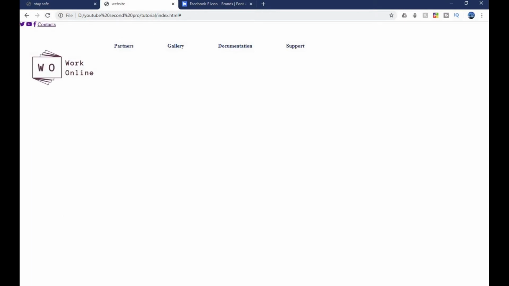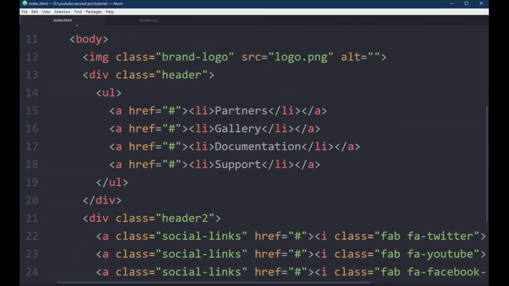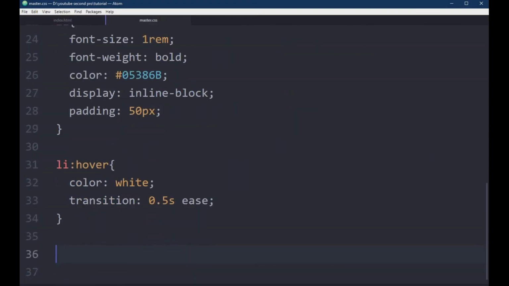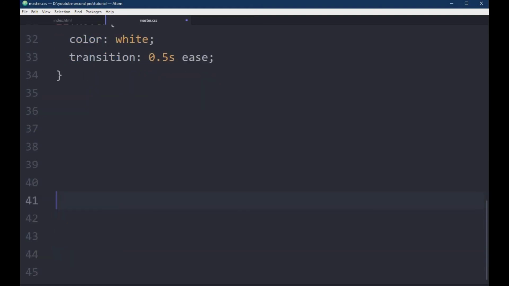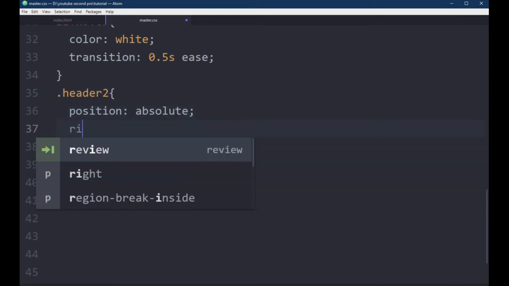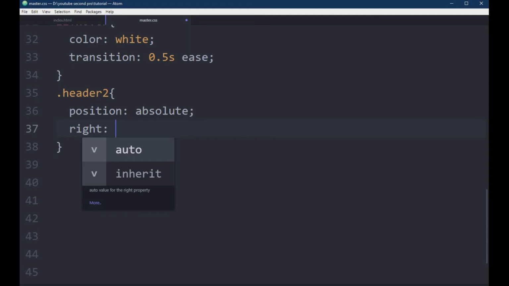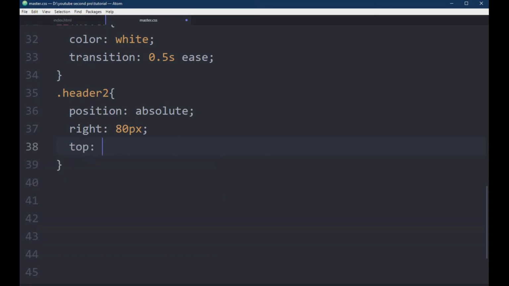So now let's move on. We will comment it. So now let's check this. So we got all these social media icons, all three here. So I will style this in this master.css and we'll target the header two class, position absolute from right 80 pixels, from top about 20 pixels,